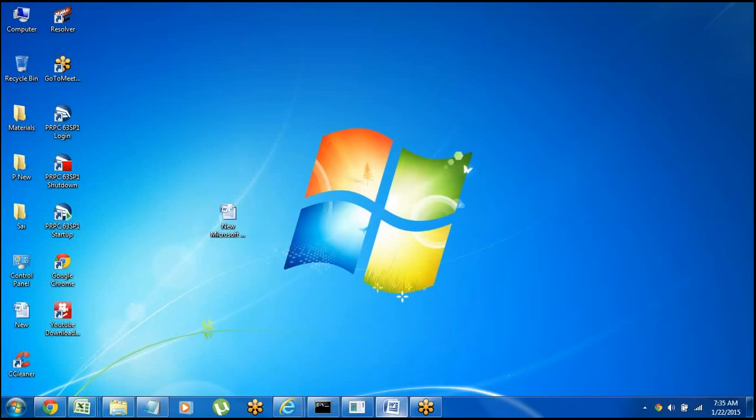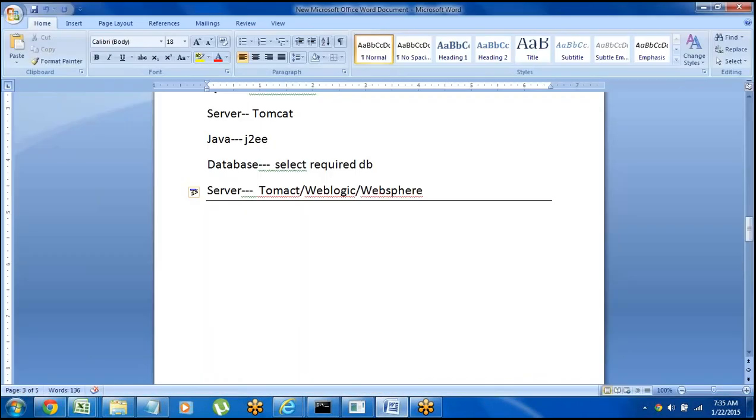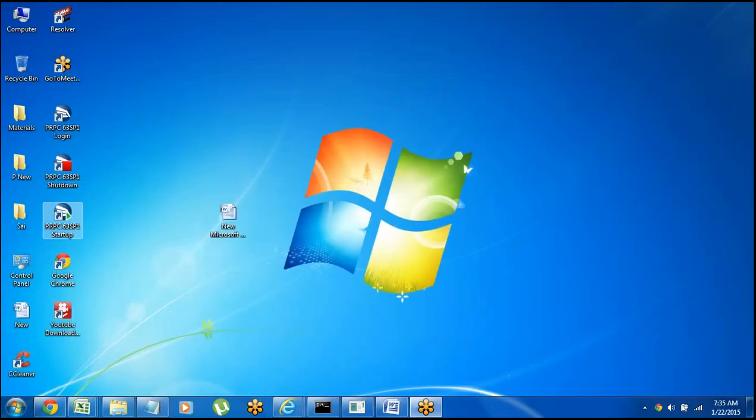If you want to log into the tool, the first thing is we need to start up the server. Then click on the login icon. So this is the server startup icon.